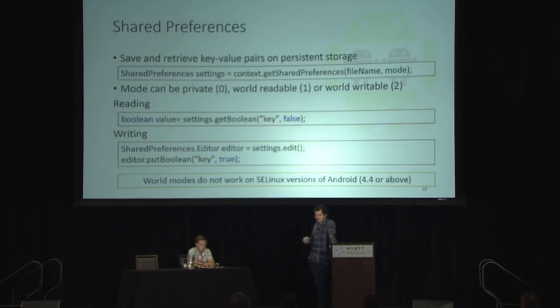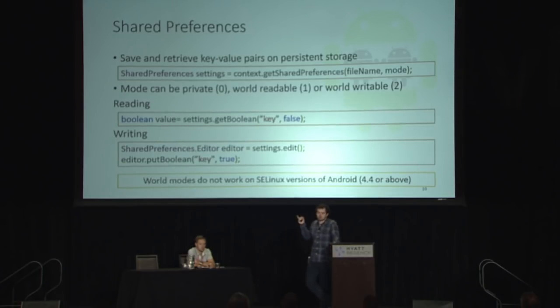So regarding the shared preferences, this is the channel we found that was being used by applications, and I want to explain it a little bit before going further. Shared preferences is a way of storing key-value pairs on persistent storage on the device. It's very simple to use, and it's widely used mostly to store application, as the name says, preferences.